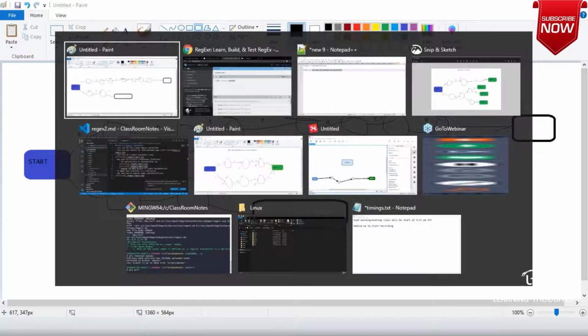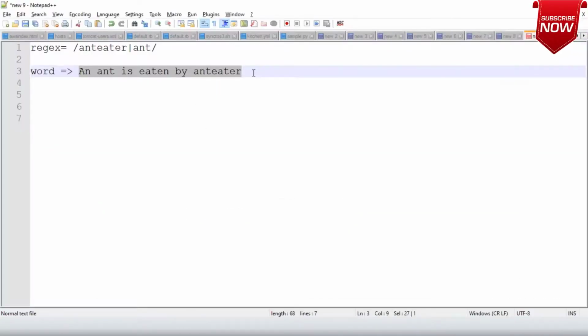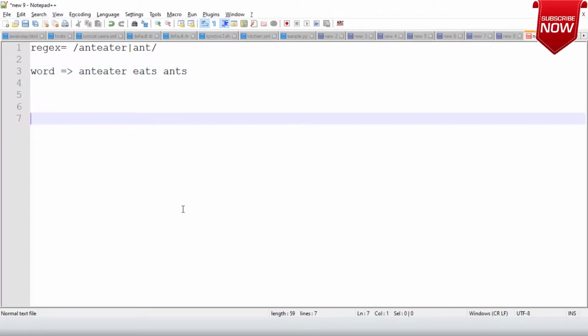Now let me give you one more example of this. If I write something like ant eater eats ants, what will be matched first, sir?